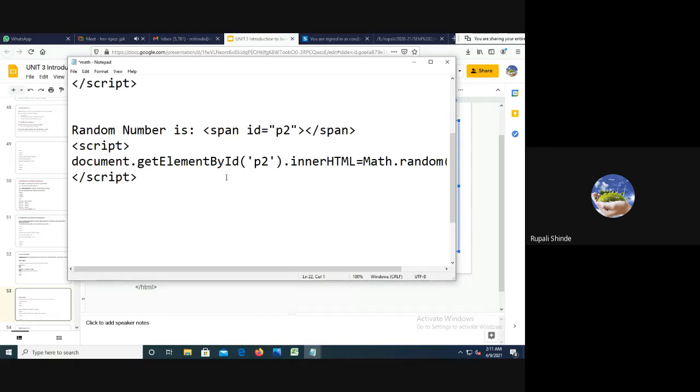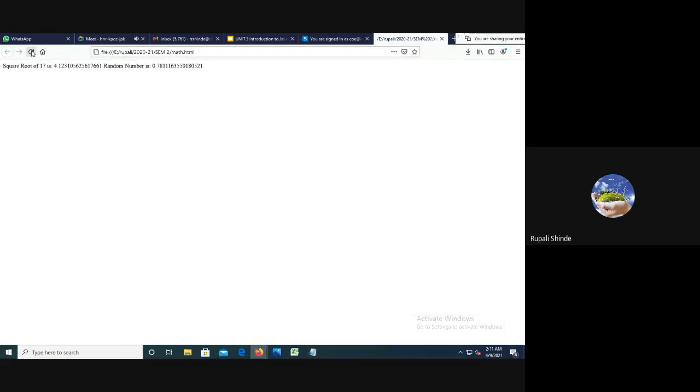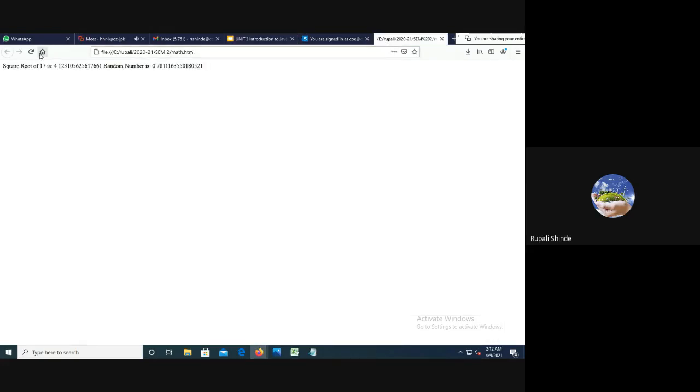The random number is 0.78, which is between 0 and 1. Every time we execute it, the random number is going to change, because it is a random number.